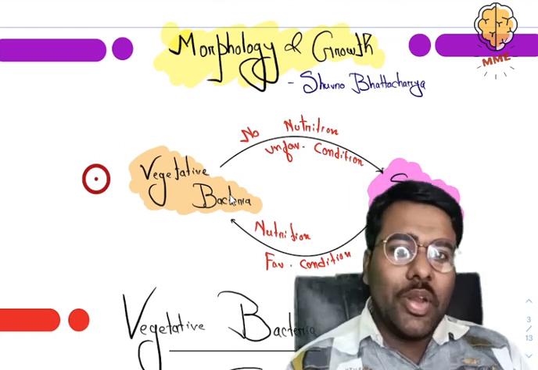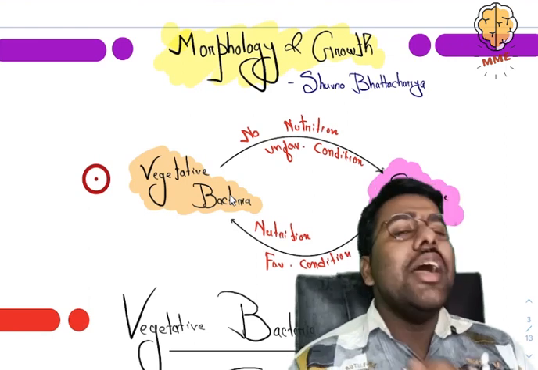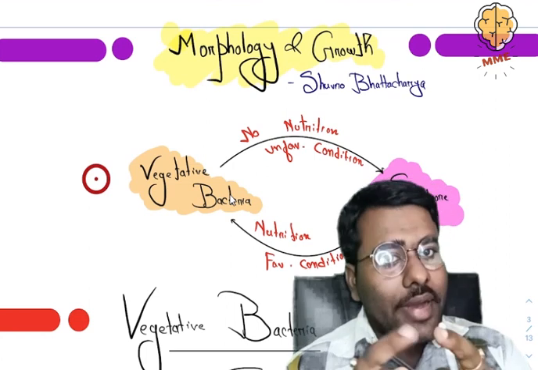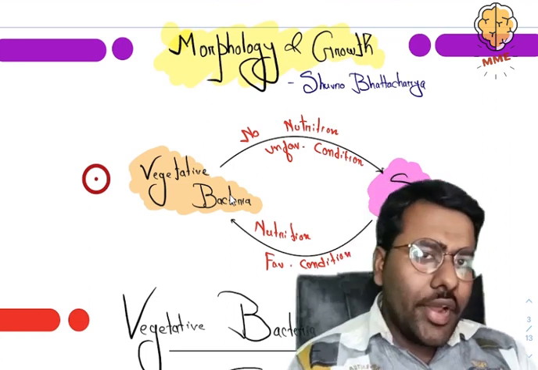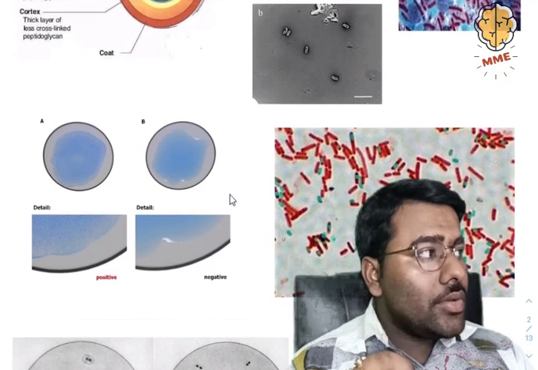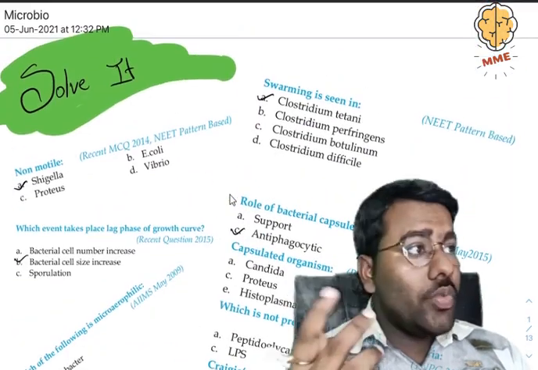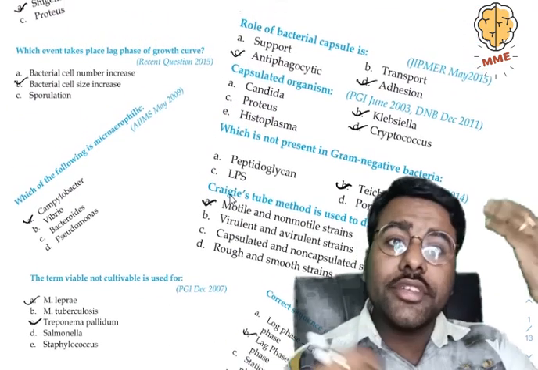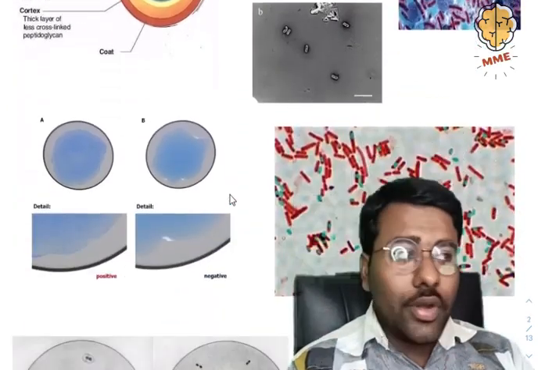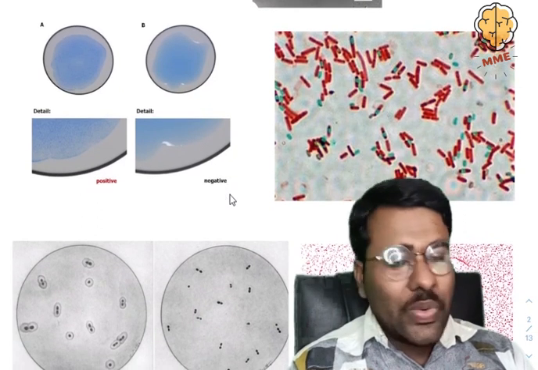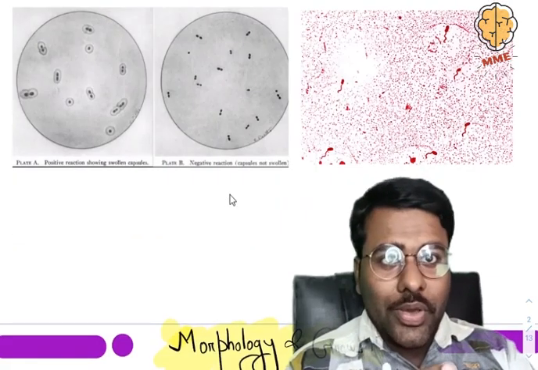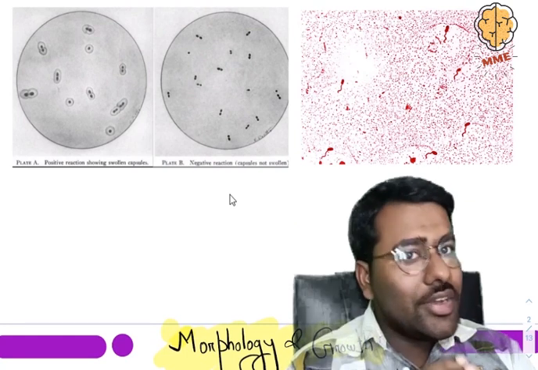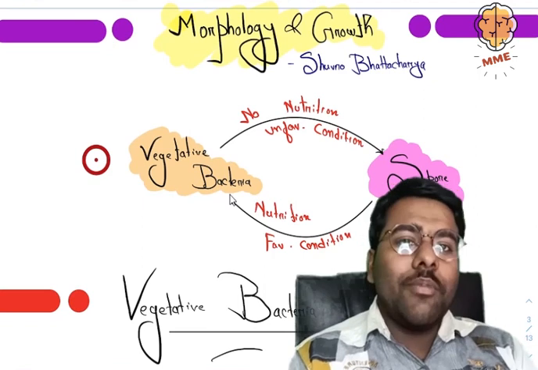Microbiology? Why? It's boring. So let's start with the morphology and the growth of the bacteria. What do we deal with today? We deal today with these images and these questions. They are coming in the NEET PG, AIIMS PG and JIPMER PG exams from this topic only. And these interesting images. And after the end of this lecture, there is a surprise for you all. So let's start: the morphology of the bacteria.